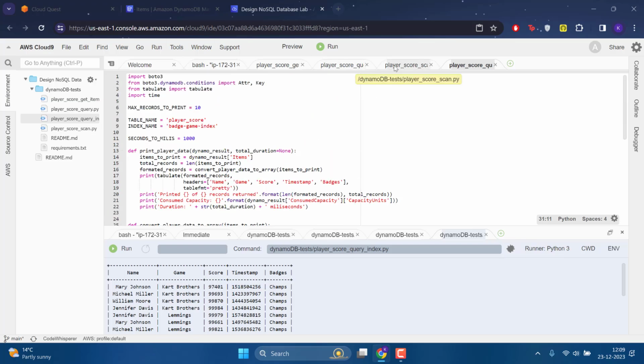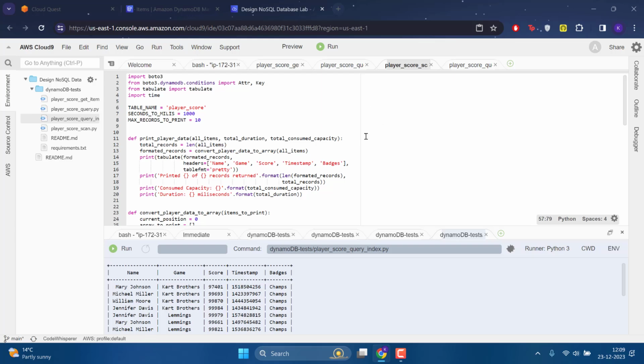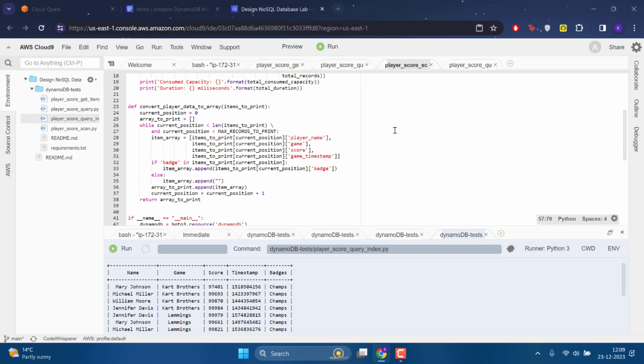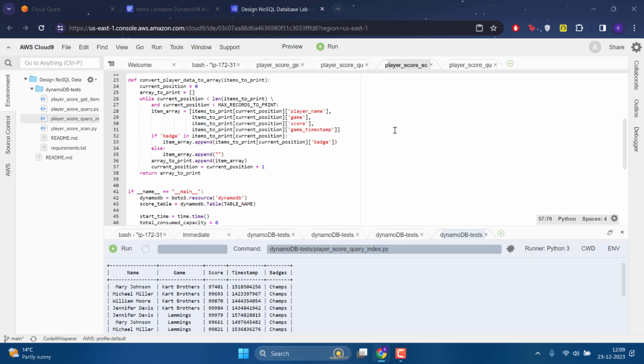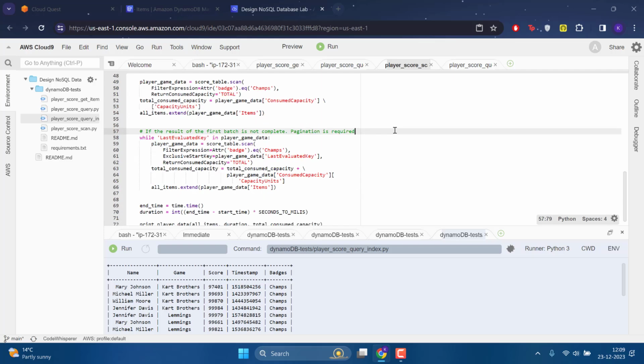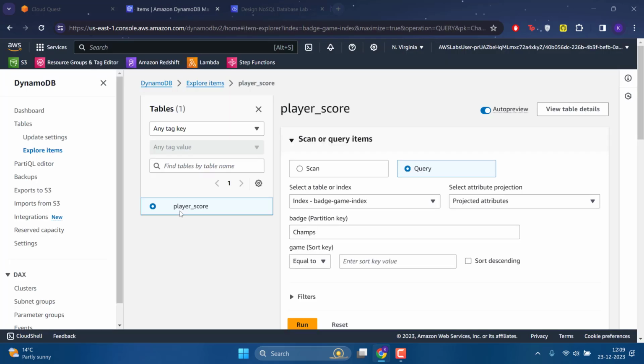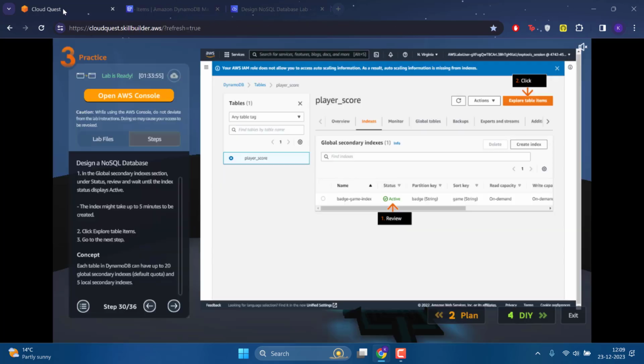I think the pagination one is right here. Okay, if you want the complete code, let me scroll a little bit slower. Here you go. All right, and we already know how to create a global index now and how it works, etc.